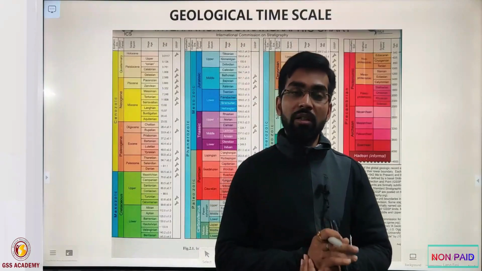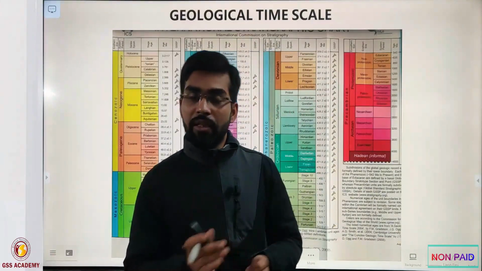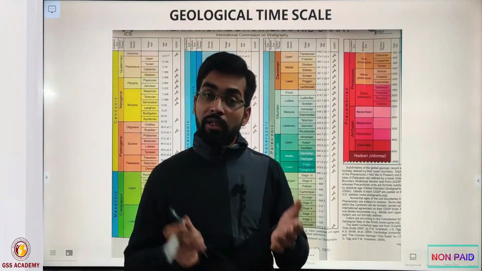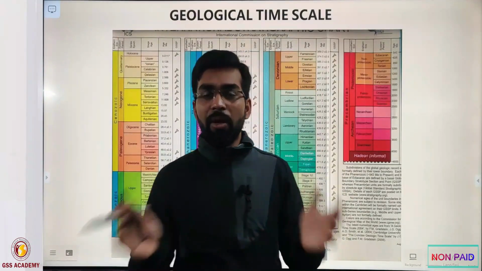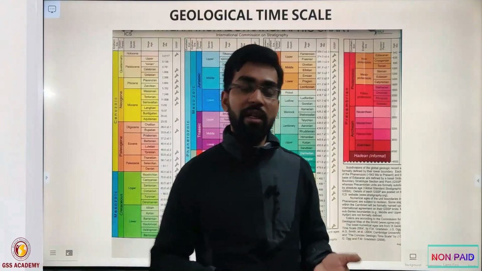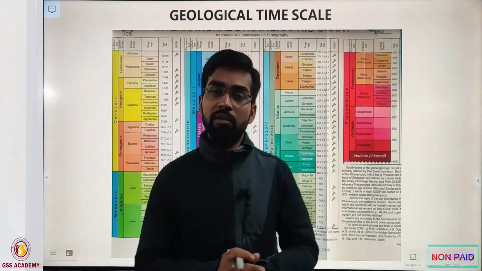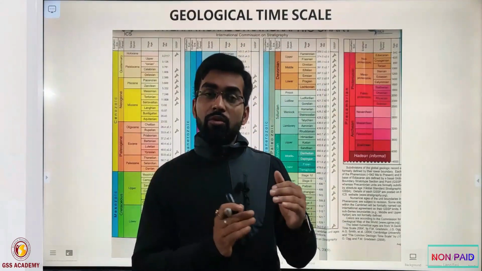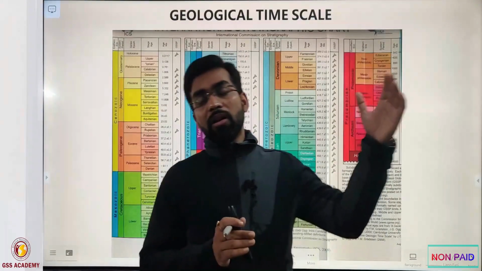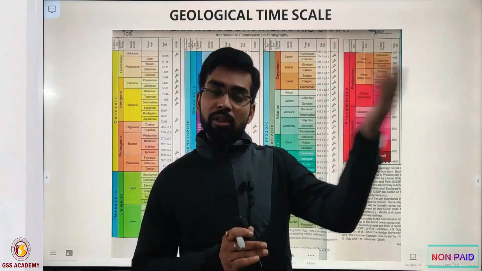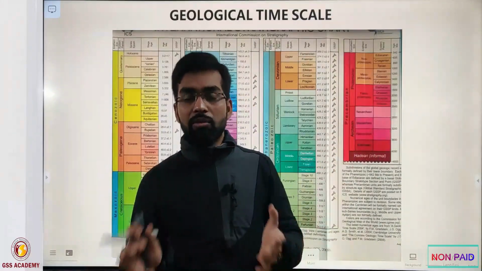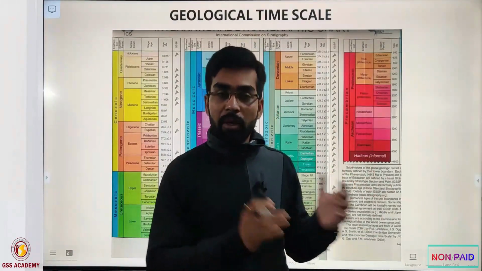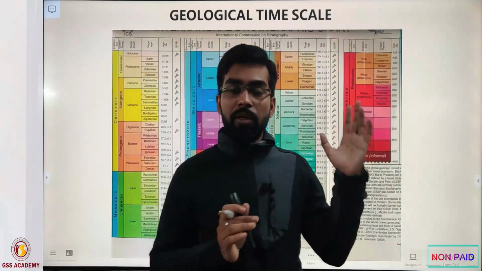The origin of the water: in some literature they said that the water comes from asteroid impact. In some literature, the reason given is condensation and various other things; they give 3 to 4 hypotheses. We are not going to get trapped in that process of how the water comes, but we should know that the history of the water is very early, like 3.7 to 4.0 billion years, that it comes onto the earth's surface, or maybe before that. I am not very clear about that, but water comes onto the earth's surface very early.